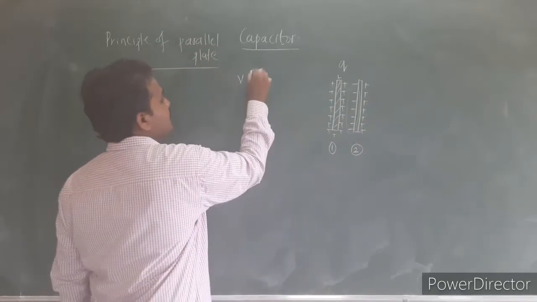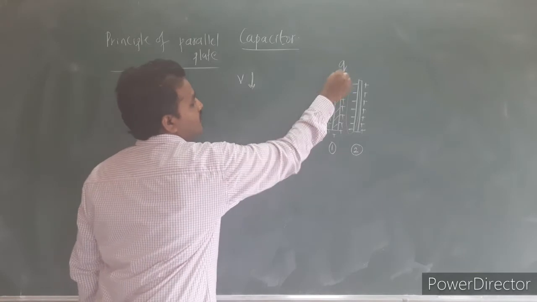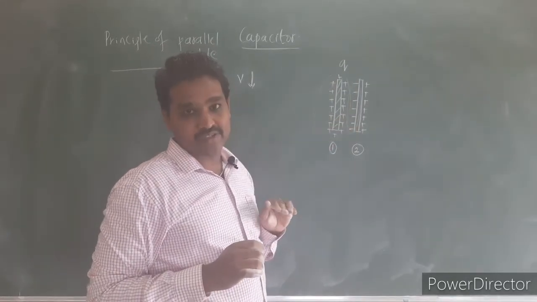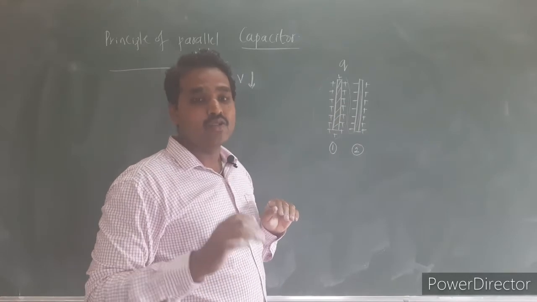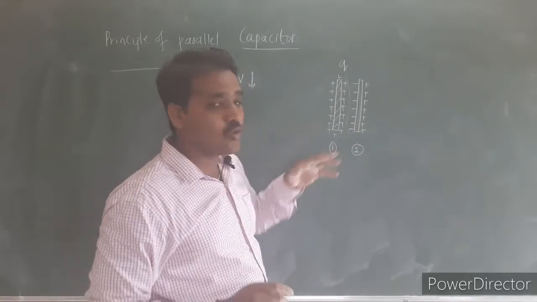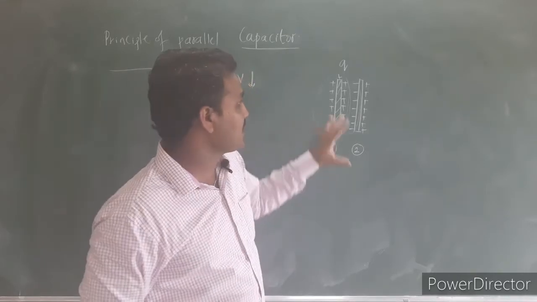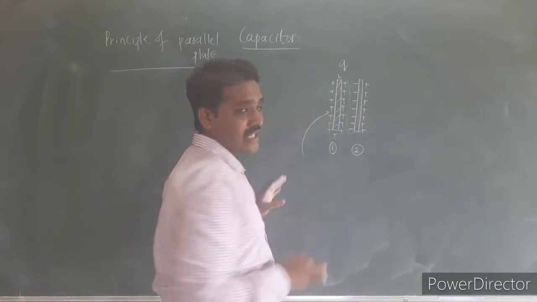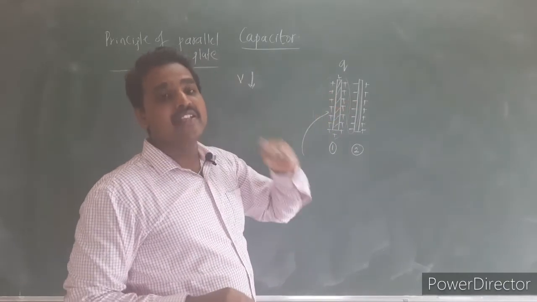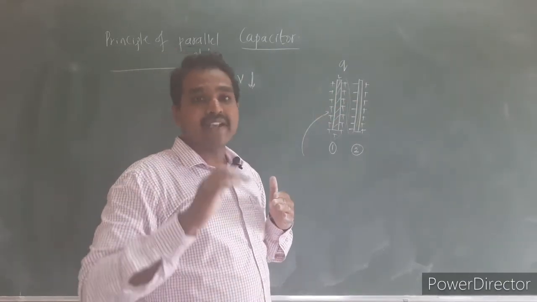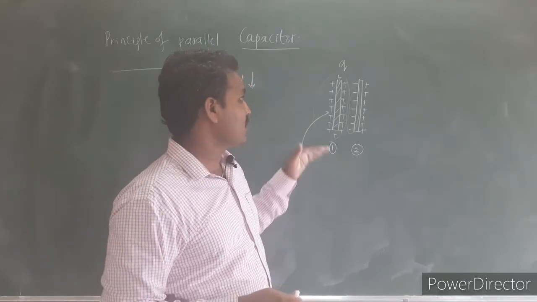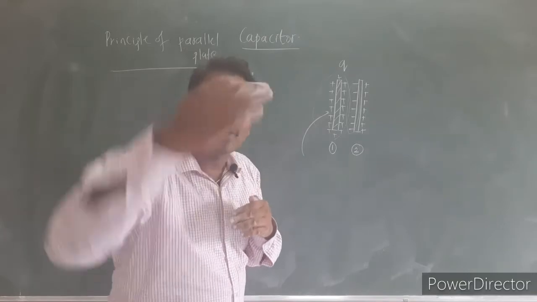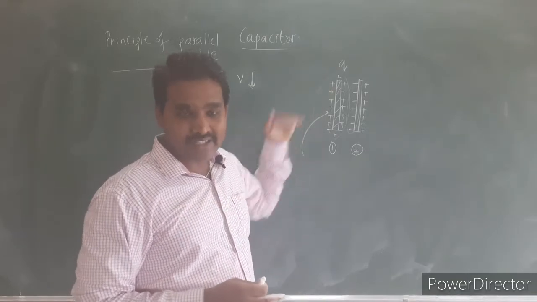Hence, here the potential of the first plate reduces because of these negative charges. Again, to still reduce the potential of this. So, why are we reducing the potential of the first plate? Because whenever I charge this conductor, this metal plate, there is some potential developed. There is some maximum limit of that potential. So, if I reduce the potential, I can store still more charges by reducing the electric